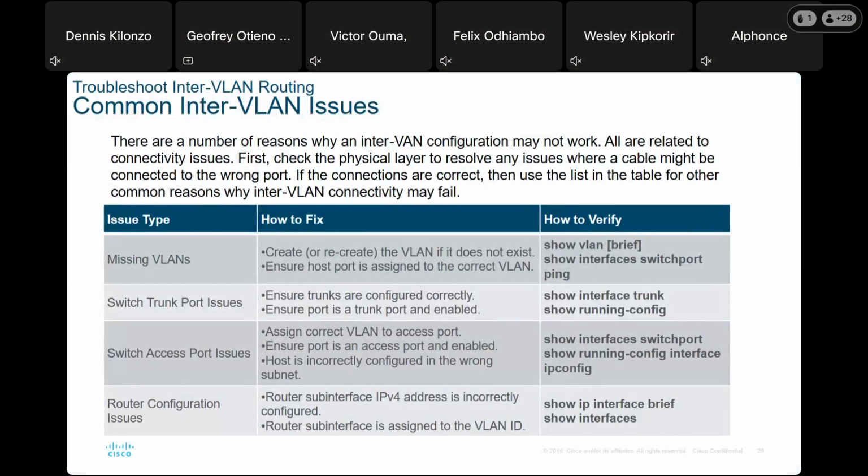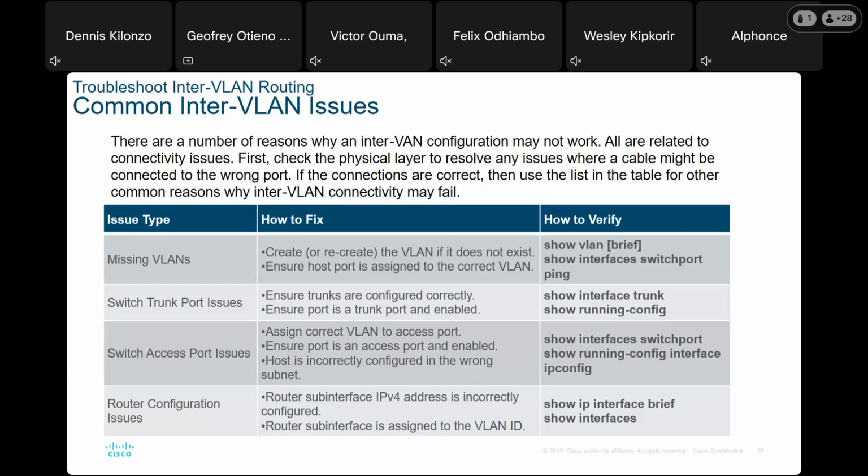Maybe because you did not create the VLANs. So you need to create that VLAN. The commands that can help you verify that are show vlan brief, show interface switchport, and the ping command. Okay, so for switch trunk port issues,